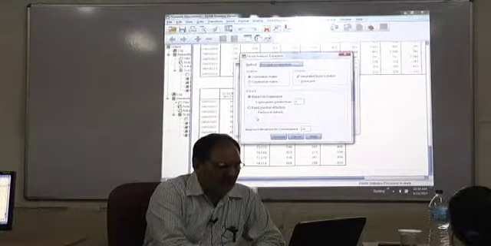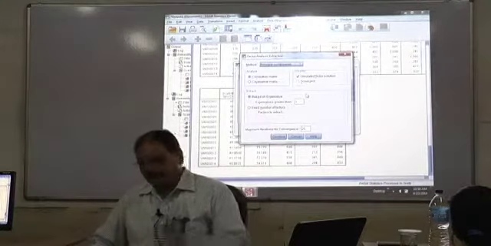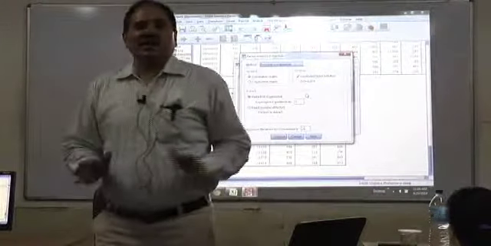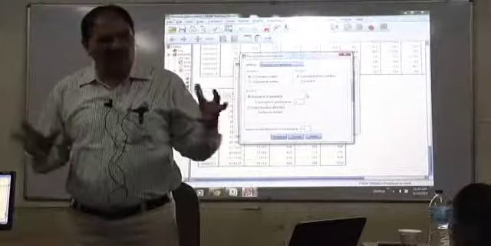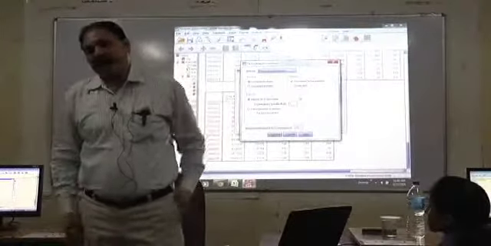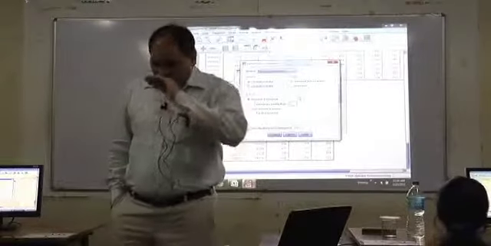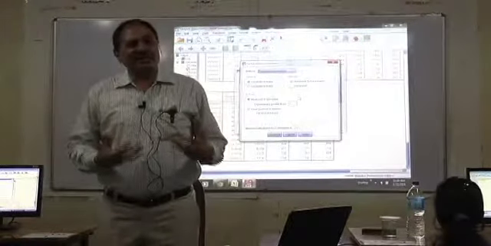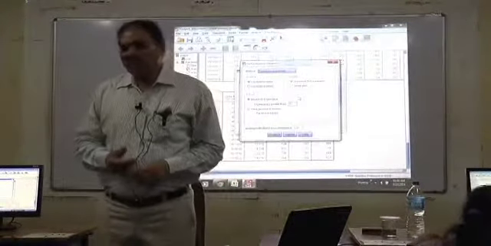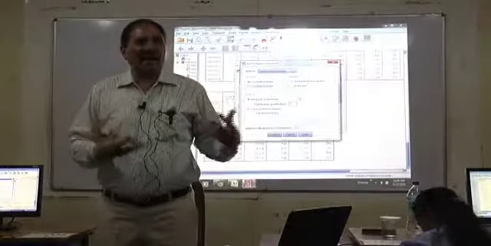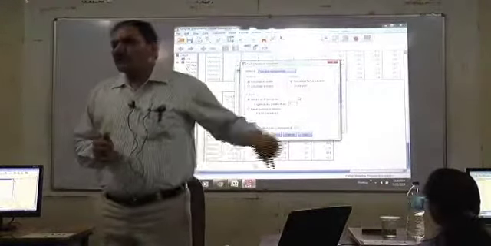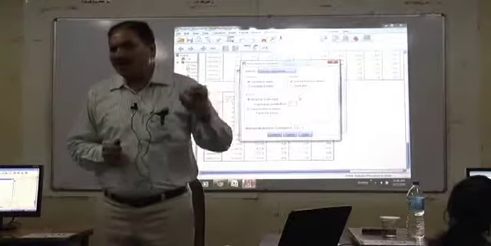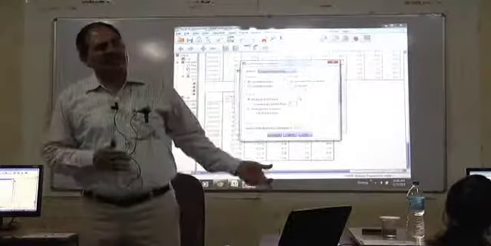Now there are two methods of identifying the number of factors. Okay, when you are carrying out factor analysis, this method requires guidance on how you would decide the number of factors that you can extract. There are two methods. One is based on your conceptual understanding: if this measure that you are evaluating might have been used elsewhere, and you already know that there are four factors or four dimensions, then you would select the second option, number of factors. If you already know how many factors should be there in this particular questionnaire, then you can select that option.